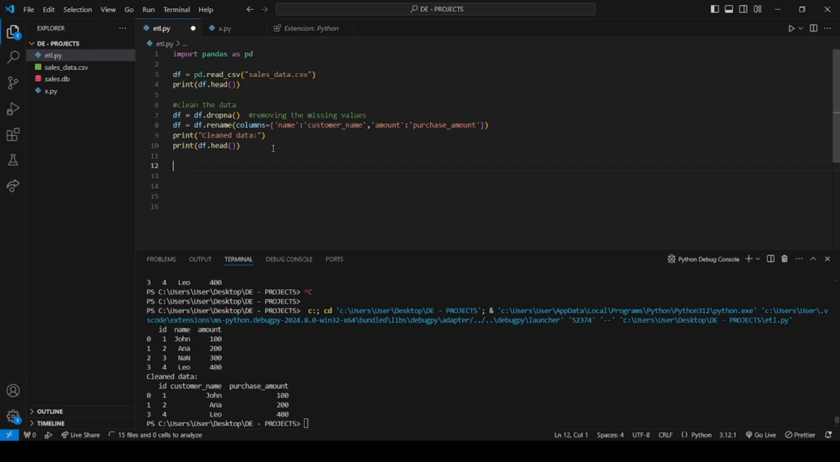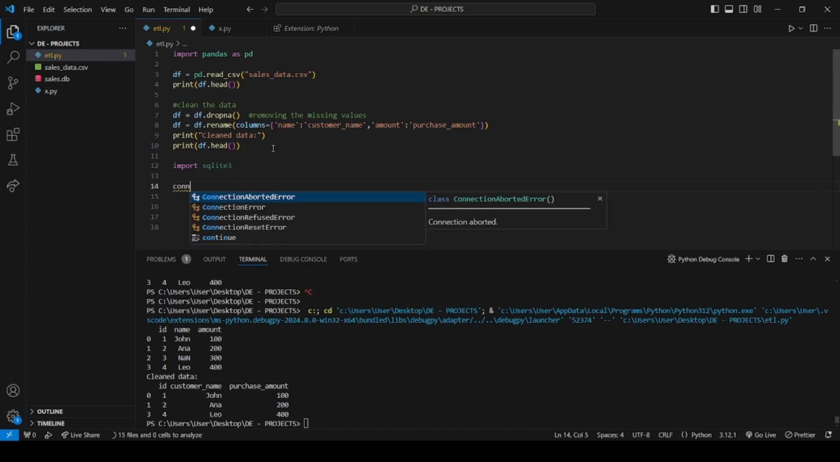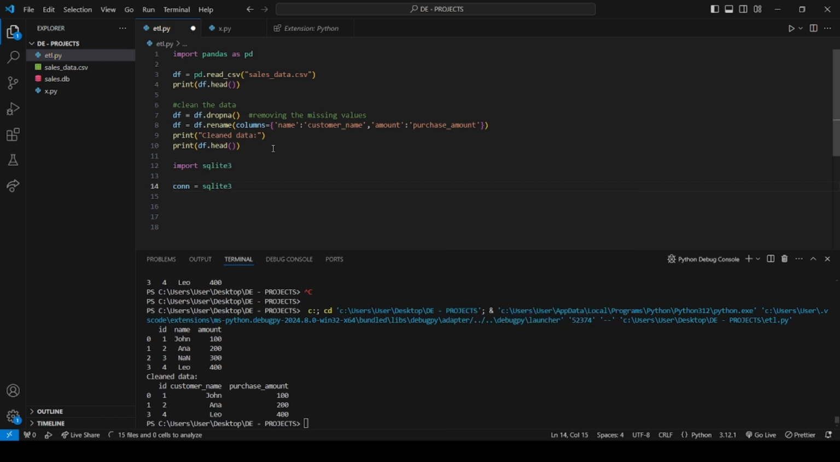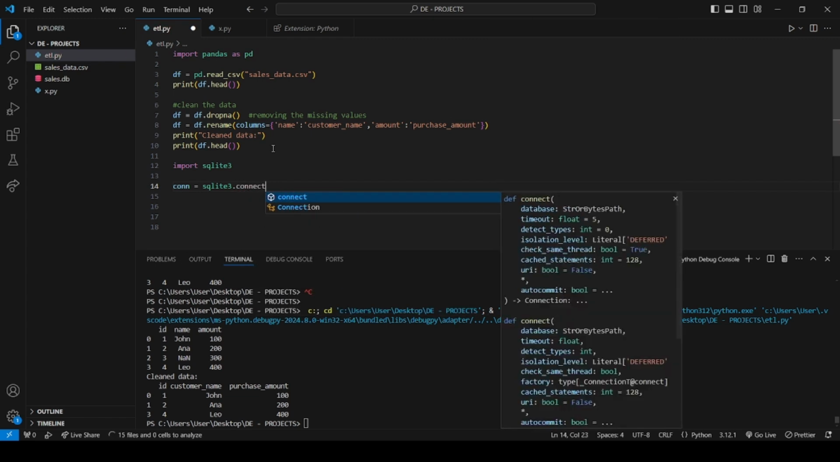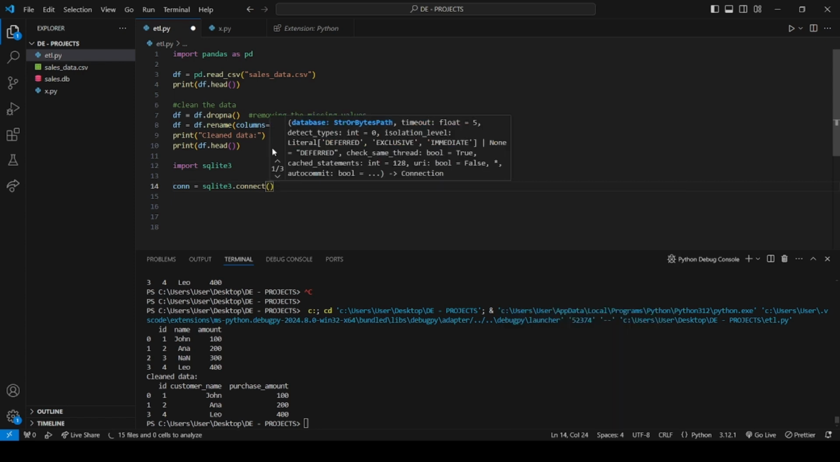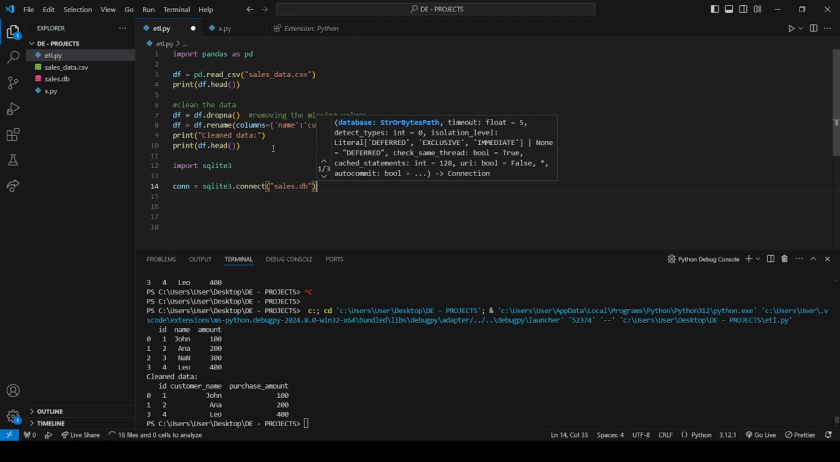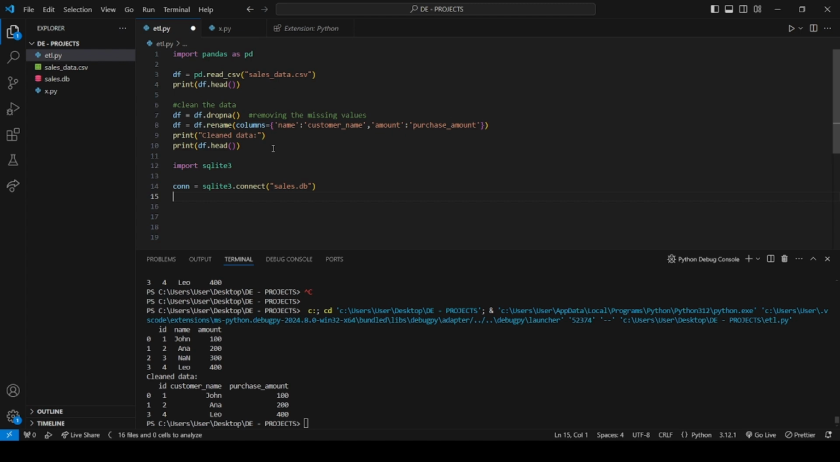Here we will load our data to a local SQLite3 database. Let's see how we will do that. For that, we have to import sqlite3 first. We have to create a connection equal to sqlite3 dot connect. Inside this, we will give the name of the DB we need to create. It is sales data, so I'm giving the name sales DB, and after that